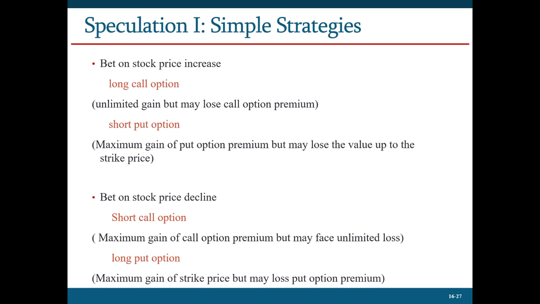Right? So in this case, it has an advantage compared to investing in a stock, because when the stock price declines, it may decline to 0. But if you buy a call option, the maximum loss is just the call option value, which is a very small percentage of the stock price. So this long call option position has an advantage when you use it for speculation, right? First of all, you have leverage. Second, you have a limitation on how much money you can lose.